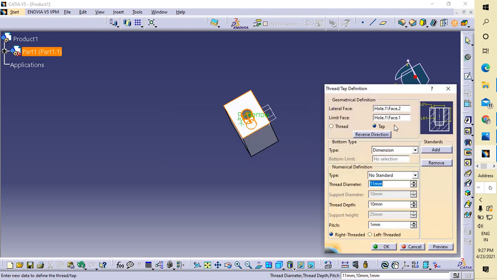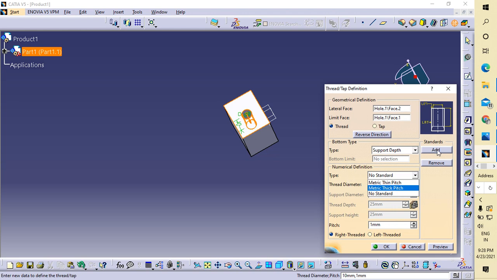Okay, now go to thread. Now what is the standard? Metric. It is 10, and type up to support depth 25, and go to standard metric thin pitch, thick pitch.